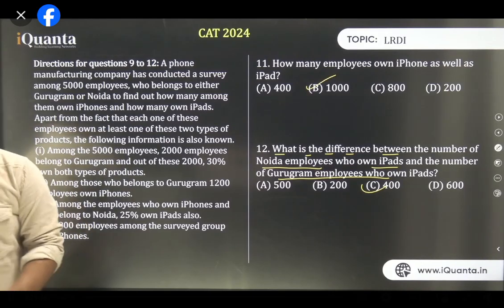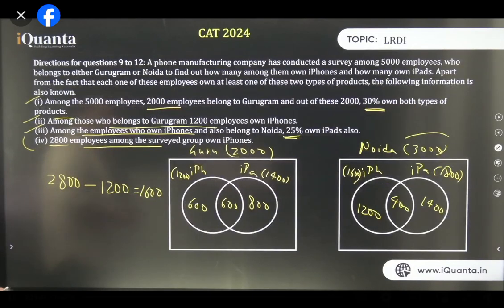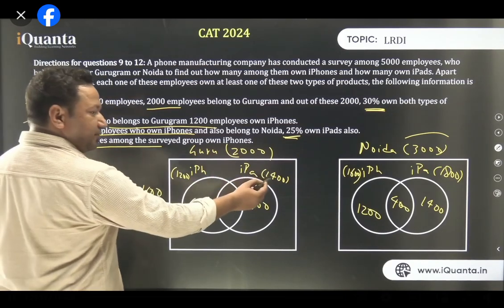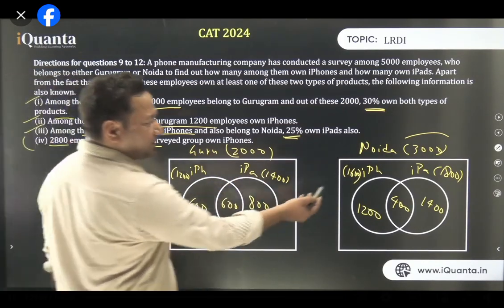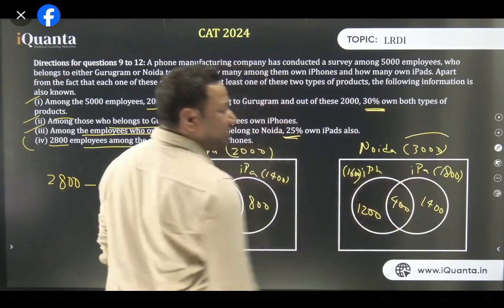So the sum is more. Let me check it once. What is wrong in this? What is wrong, Sudeep? The sum of 12 and 14. Yes, because 600 is common. No, same is here. 1600 plus 300, 400 is common.